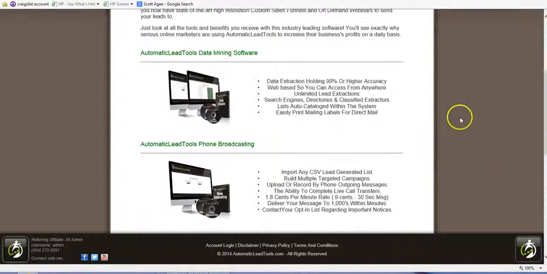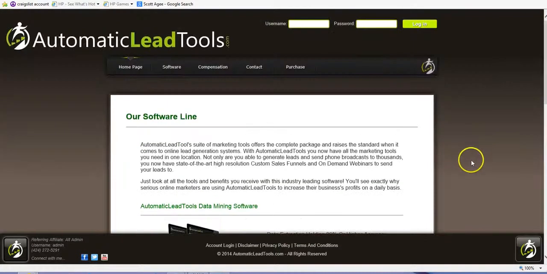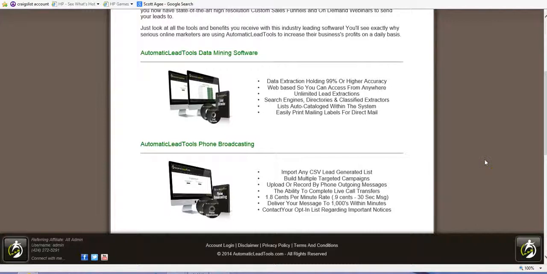And as you can see, we have a great software line, and it's really time to get you started. So go ahead and click below and make your purchase, get your license so that we can get you started. All right? And once you do, we'll be here to help you. We'll have live trainings every single week. We have a full tutorial line in the back office for you to go through if you need help or questions. We're there for you. All right?